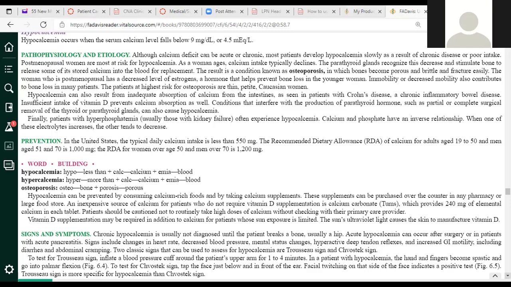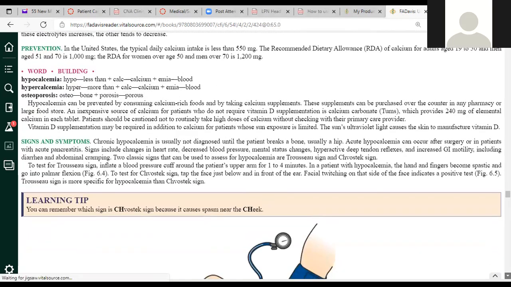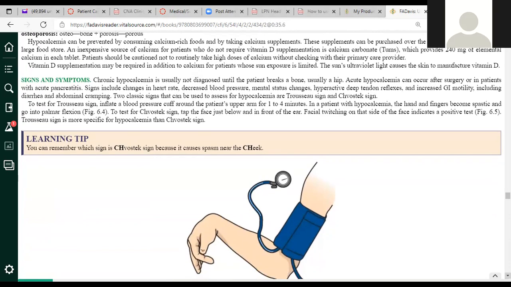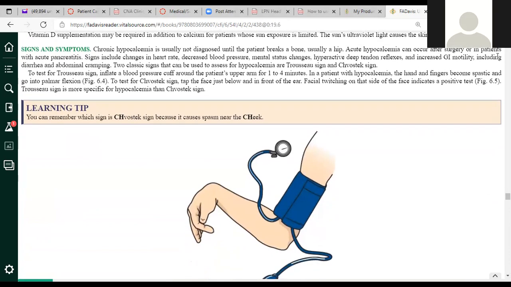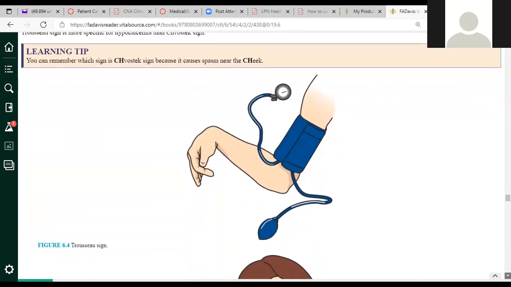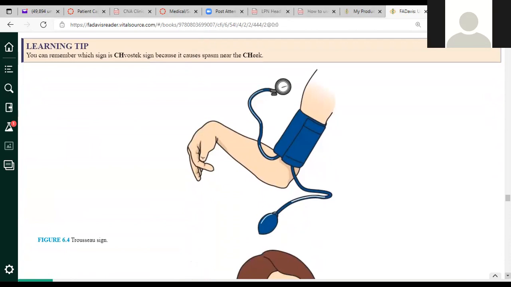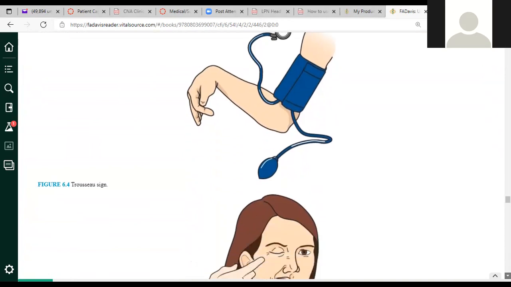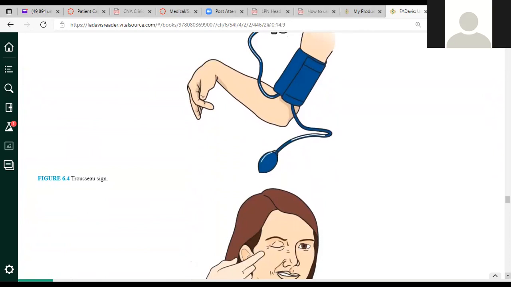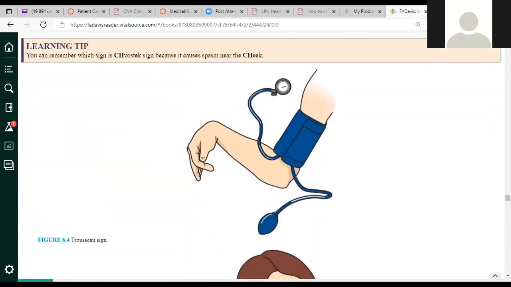So a patient with hypocalcemia, we do want them to increase their dietary intake. They may need to take supplements for it. And it actually talks about, with hypocalcemia, there are 2 tests that indicate hypocalcemia. You all should have covered this in Fundamentals in Nursing 2, and that is the Chvostek test and a Trousseau